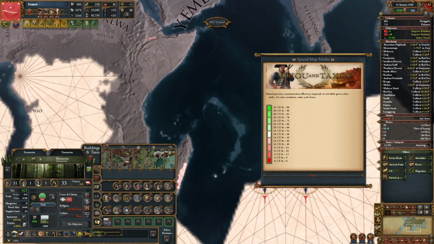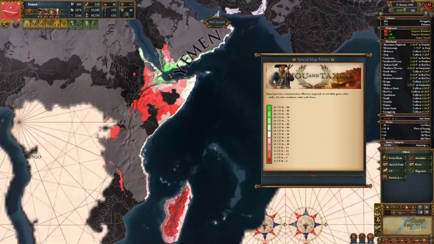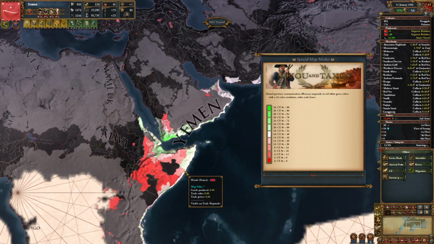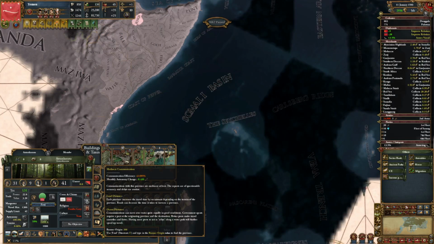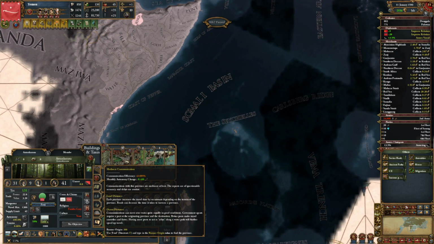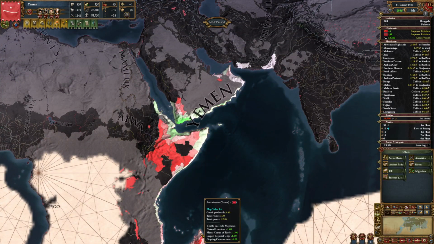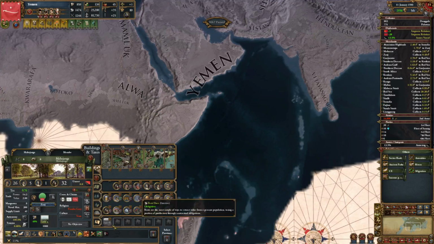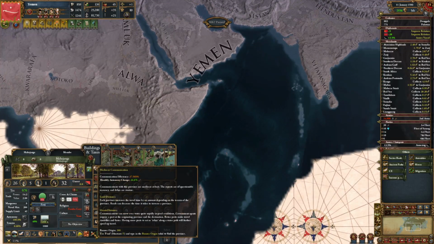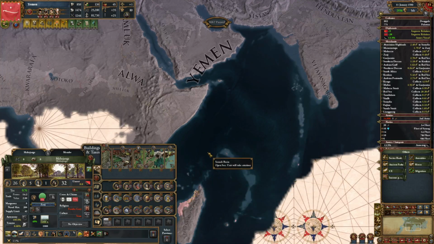So we can see that our communication efficiency here is 34%, which can be improved if we get better harborages here or in Aden itself, or along the way actually. For example, we could check out where this province trades with, or where it gets its stuff from, and it gets it from 388, which is Aden. So we move directly from Aden to here and get therefore the distance value here. And there's not much we can do except for harborage infrastructure. Oh, the UI is a little bugged here. Let's take this one. Yeah, it doesn't have a harborage here. And it also receives from 388 directly. So we could build a harborage here, and then it would get significantly better.